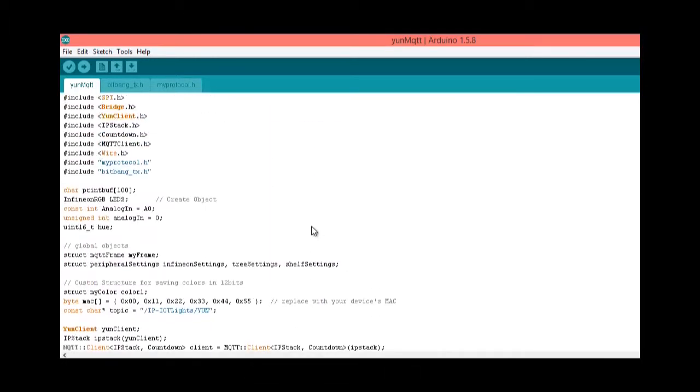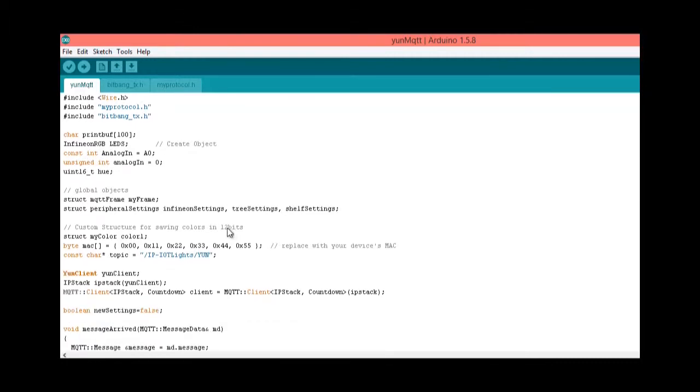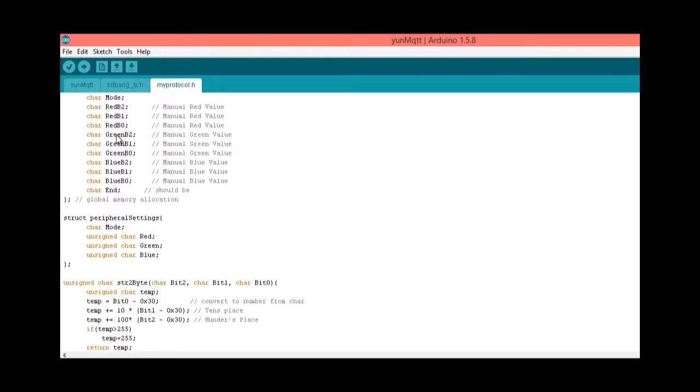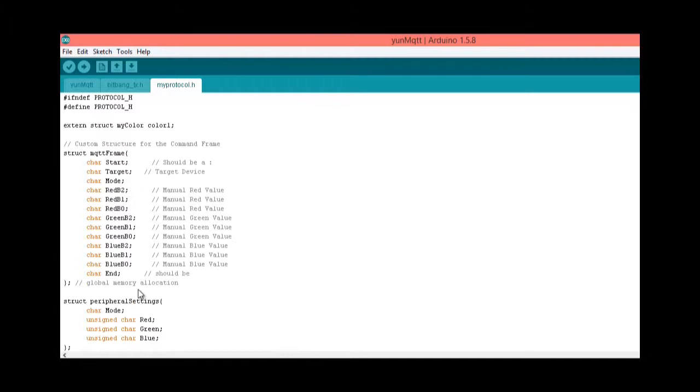I have an Infineon Shield library that I created off of the original sample code that was given by Infineon. In addition to that, rather than just taking in RGB values, I take in data in the form of a string, which is in a particular format. This format I've already explained in text. I have a function which converts the data that I'm receiving from a string type into unsigned char or single byte type of data. The reason is that this allows me to visualize it using software such as MQTT Lens